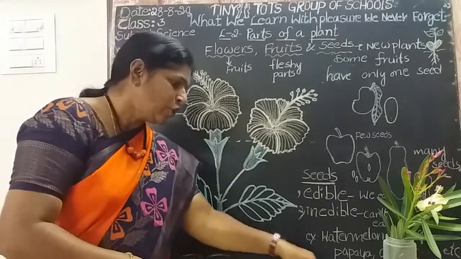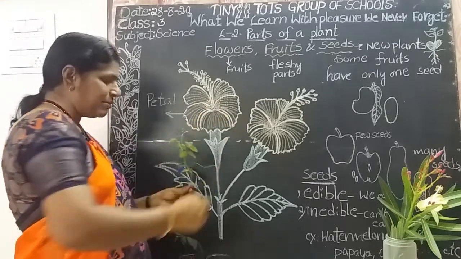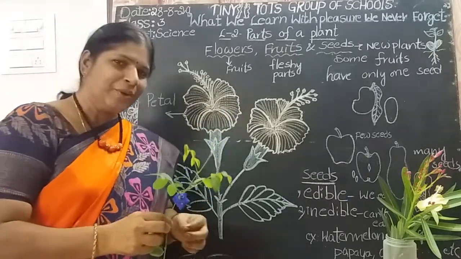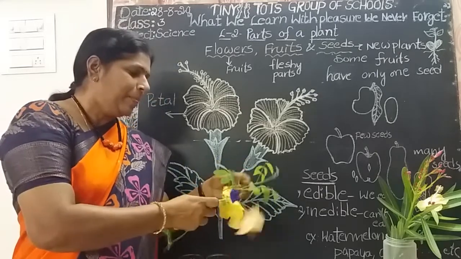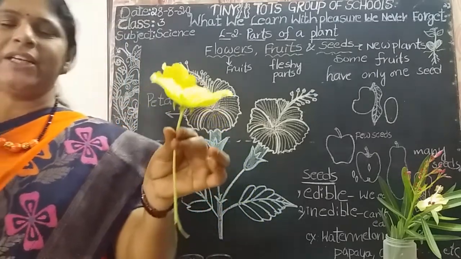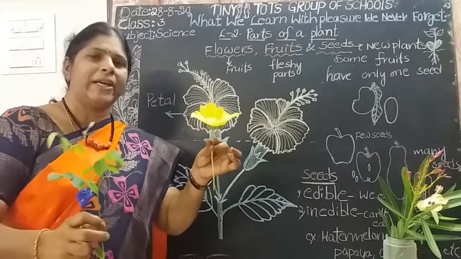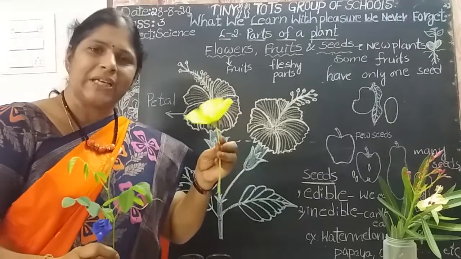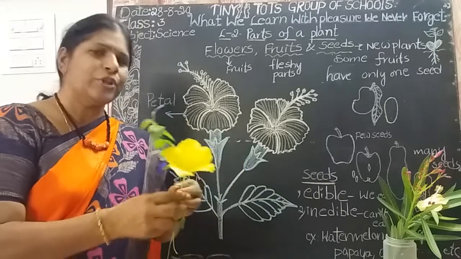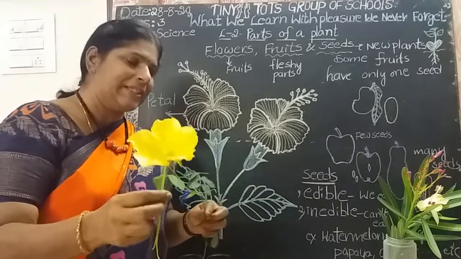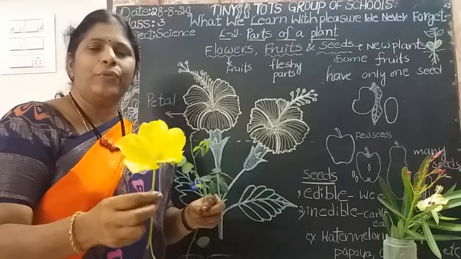Is it clear, amma? So, what is the main function of the flower, amma? Flowers turn into fruits. Flowers turn into this pumpkin. Okay, na? Some flowers we use for decoration. Some flowers turn into fruits. Is it clear, amma? So, flowers turn into fruits. Flowers provide food for insects. Okay, na? Insects. Flowers provide food for insects.